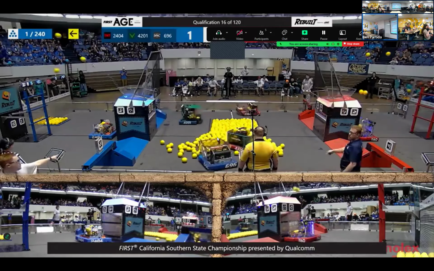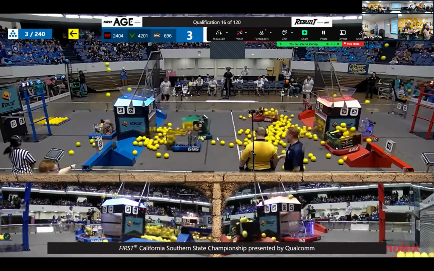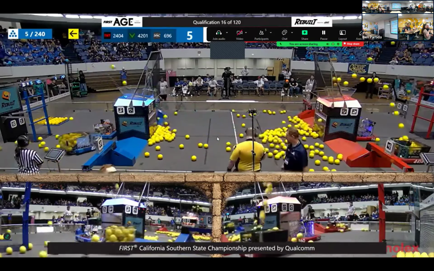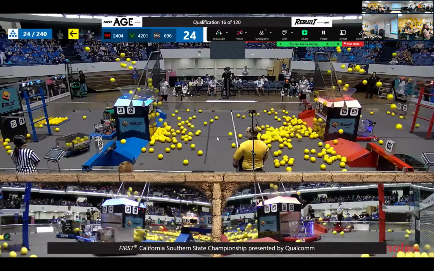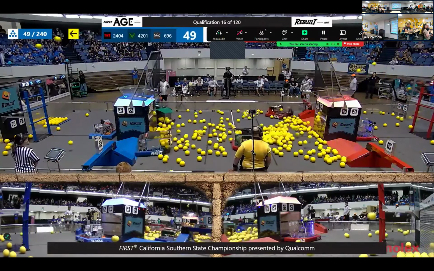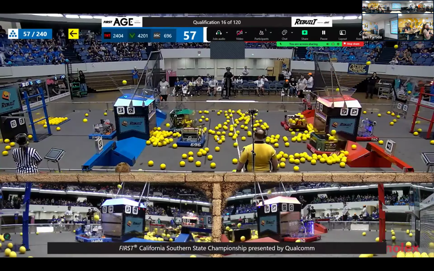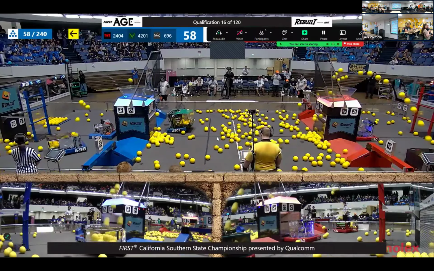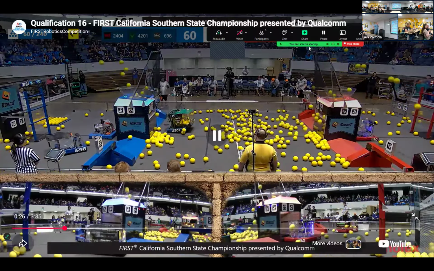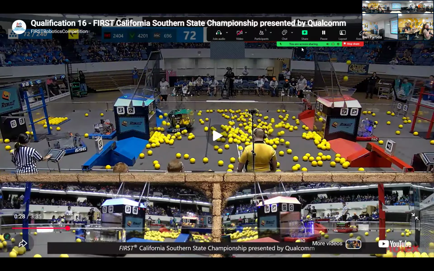Autonomous action beginning with 696, 4201, 4414, and 2584, all racing out to the neutral zone in the middle. These robots now taking a second to score into their hubs. We see the scores starting to even out a little bit. Red Alliance with a very slight lead right now, just over 10 points, but it's a second pass into the neutral zone from High Tide and from the